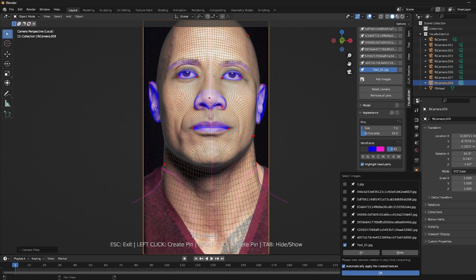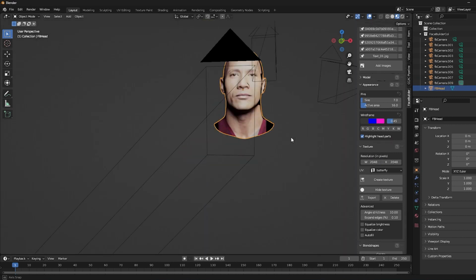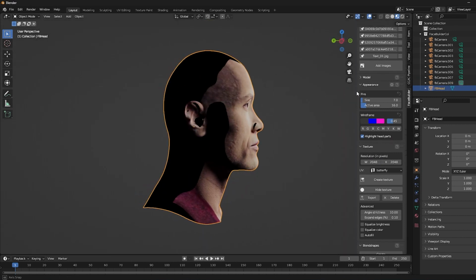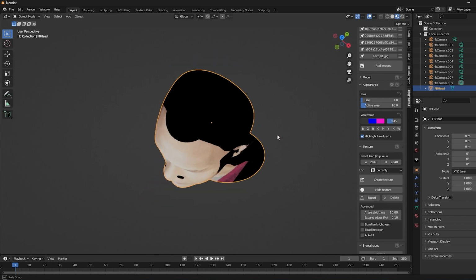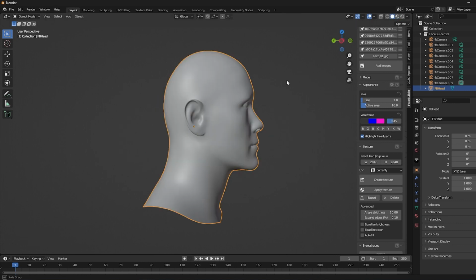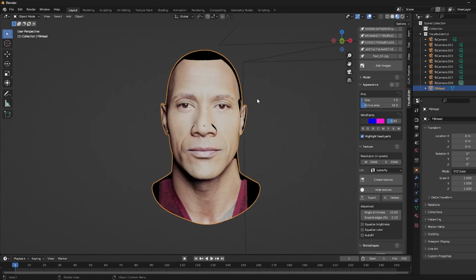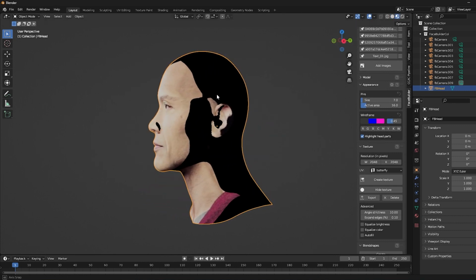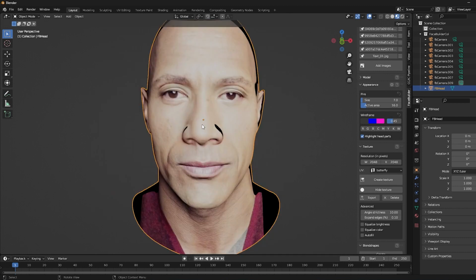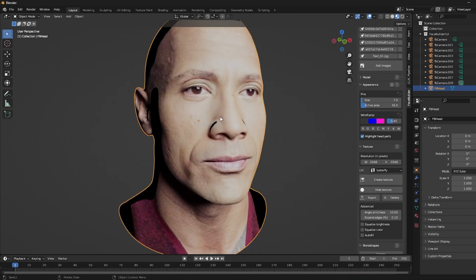I'm waiting for the result. As you can see, it's a pretty great modeler tool. Look at this model. There are a little bit of confusions and fixing to do, like the back of the head. But other than that, it's a great model and you can start your sculpting from here to a great likeness. You can fix textures here and there. But overall, it's a great starting point for your project.